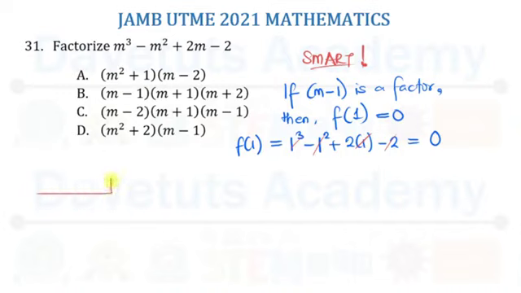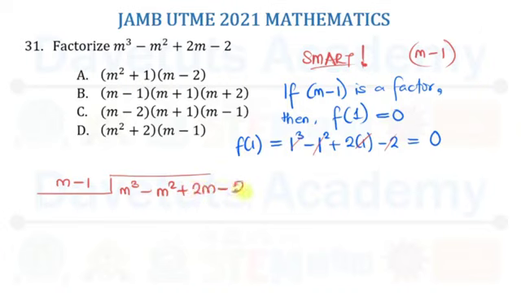Like here, and now I'm going to have, what is the factor that I'm okay with now? It is m minus 1. From here, I can say m minus 1 is a factor. I want to use m minus 1 to divide m cubed, not plus, minus m squared plus 2m minus 2. Okay, so